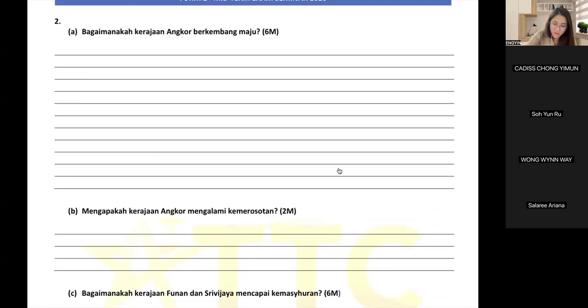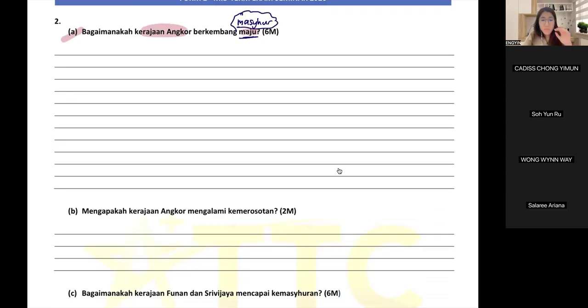So I'm going to do A and C together with you, and then later we move on. Now, Angkor government. How did they become so strong and famous? I told you, the moment you see maju, it means martial. And always remember, I told you that